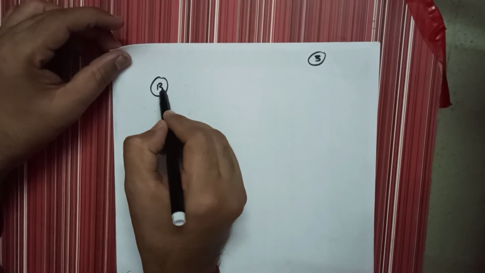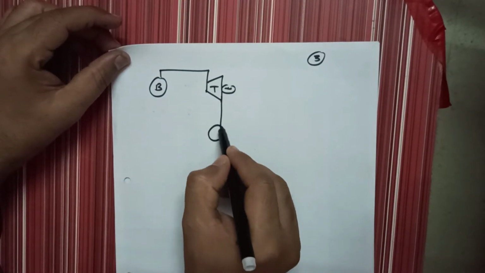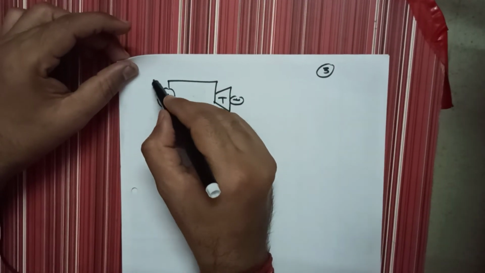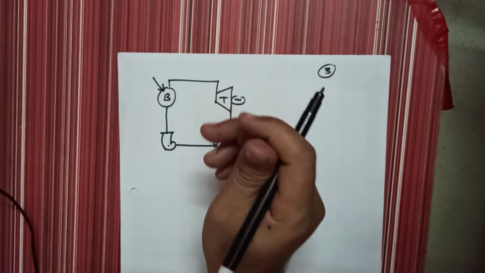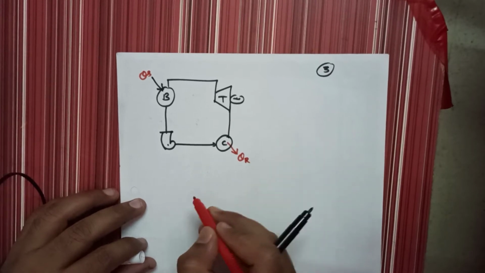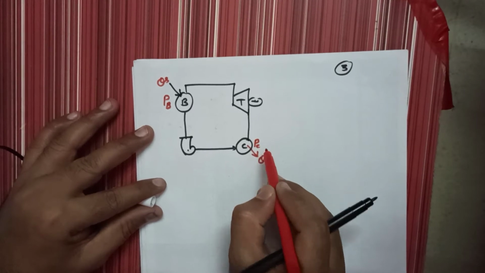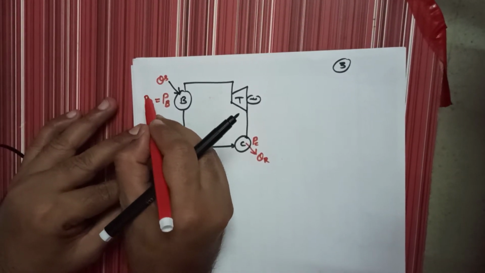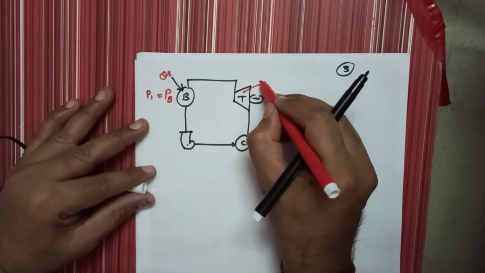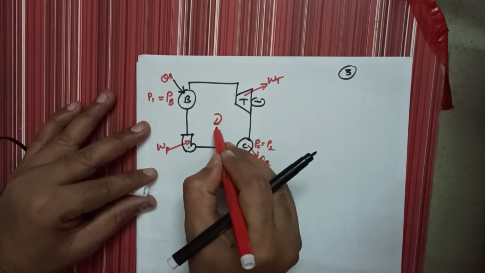So this is the boiler, the turbine coupled to a generator, here is a condenser, and here is a pump. Okay, so in the boiler heat is added, that is QS, and in the condenser heat is rejected. I will call the boiler pressure PB and the condenser pressure PC, or you can call them P1 and P2, only for our understanding purpose. In the turbine you will get work done, and in the pump we are supplying work. This is called the Rankine cycle.